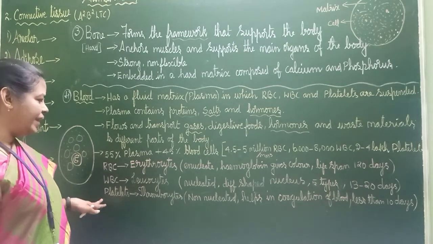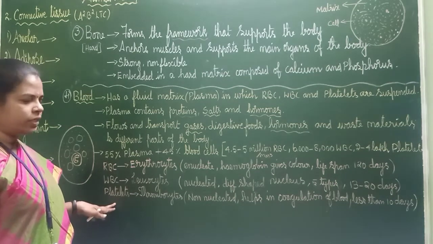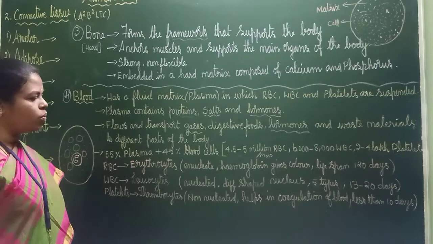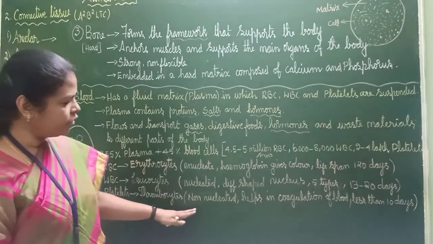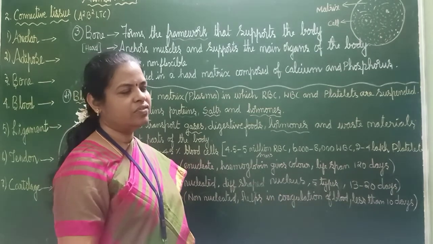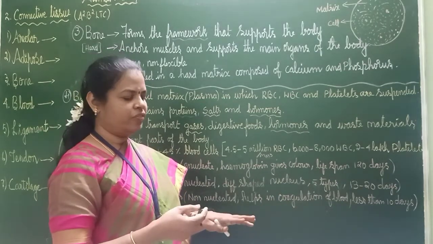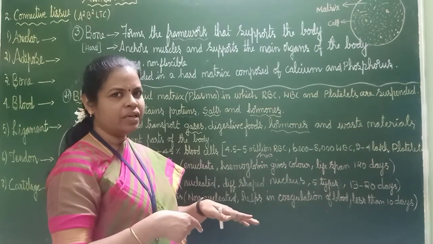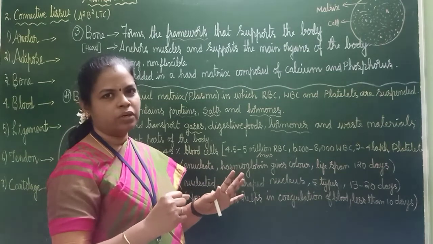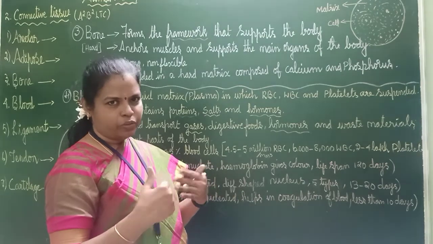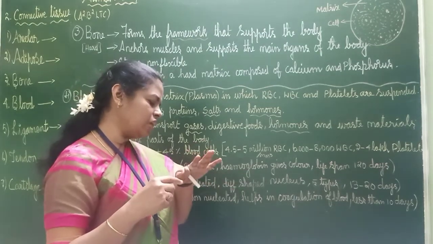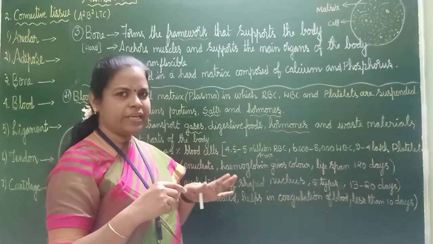What do we mean by platelets? Platelets are also called as thrombocytes. They are also non-nucleated and they help in coagulation. See, for example, if we get hurt and if it is bleeding, after some time what happens? Automatically it will stop. Who is doing that work? Am I doing? No, we are not doing. We are just checking. Oh, blood is coming, it's bleeding, like that only we will tell.